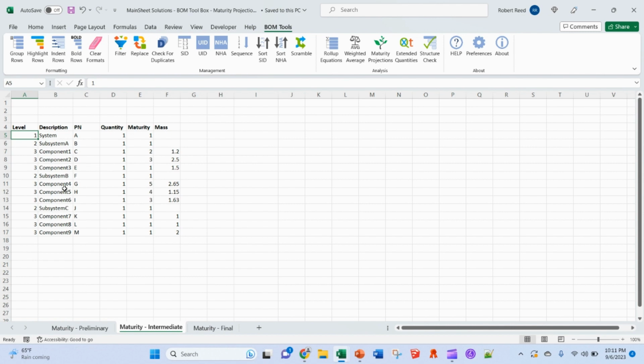So take a look at this bill of materials we have. We have this maturity column here, and you can see that it has a number of integer values from 1 to 5. By convention, that's the range that we use, where 1 is the least mature and has the most uncertainty. Conversely, 5 is the most mature and has the least uncertainty. And so